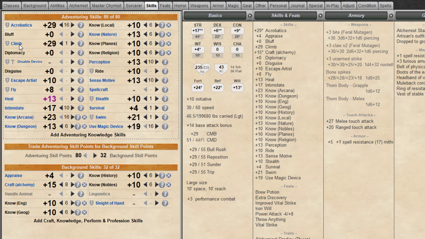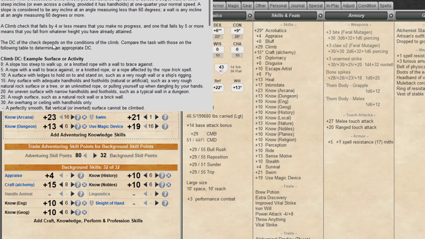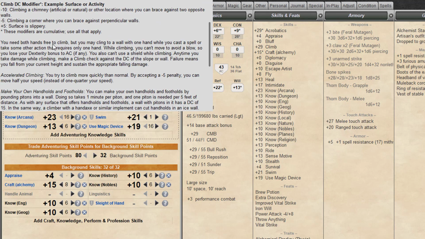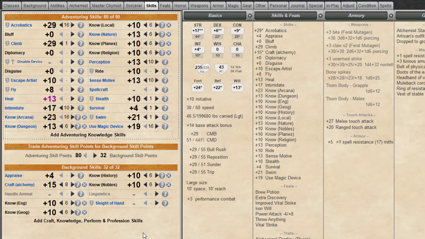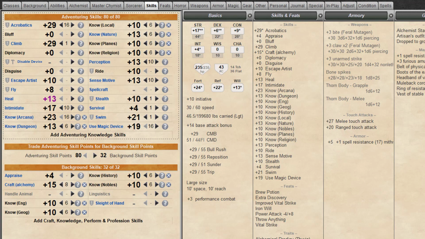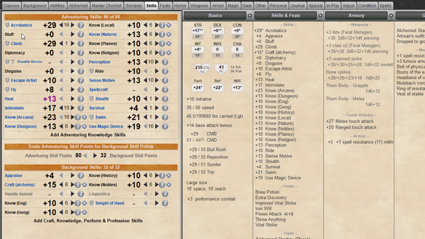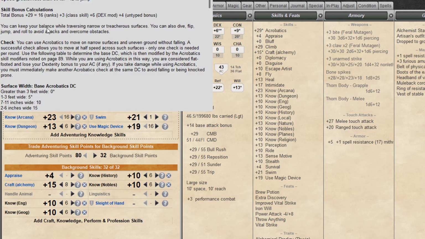First one, climb, and when you're shifted, you've got a climb speed anyways. So you're looking at a 29, which means you can climb anything, more or less, and you can even go very quickly. Swim, with 1 point invested because of your ridiculous strength, you're still looking at 21, which means you're going to swim wherever you want to swim. And then acrobatics, with 16 points in, and assuming you've got the haste up, and assuming everything else, you're looking at a